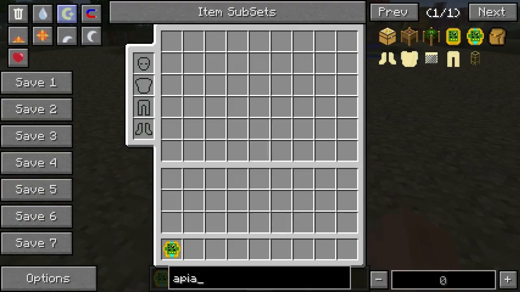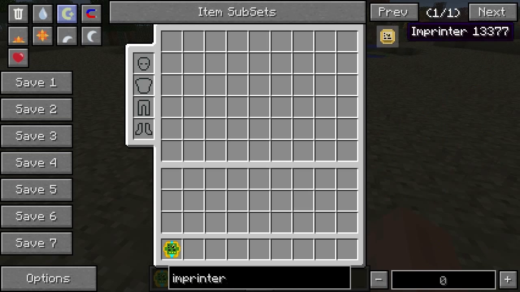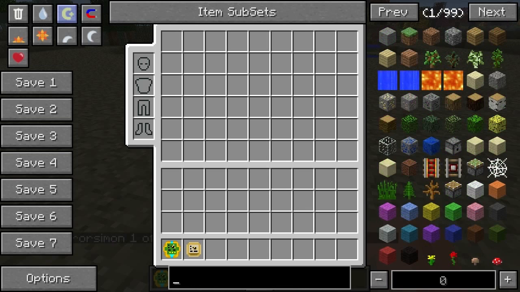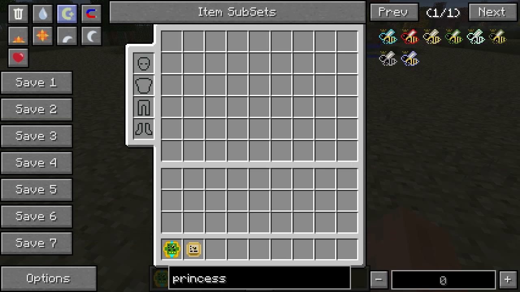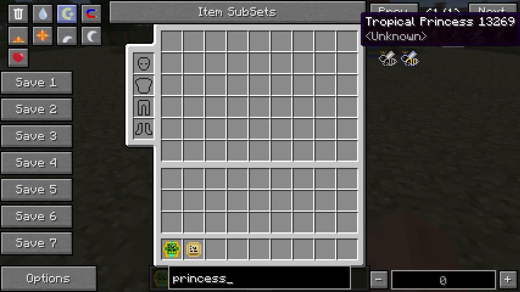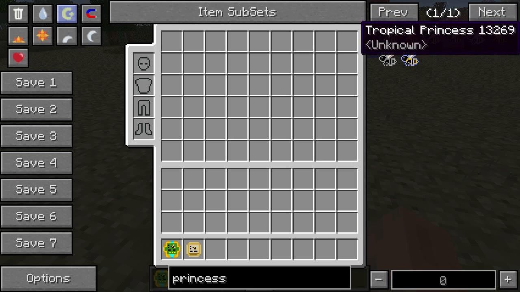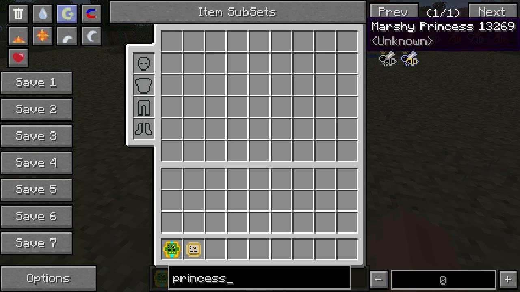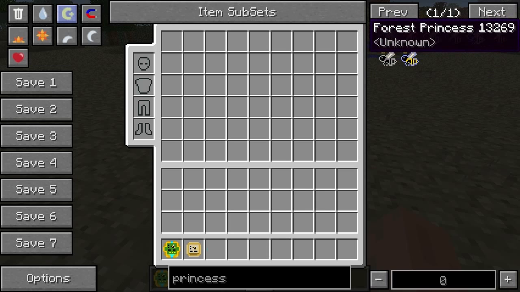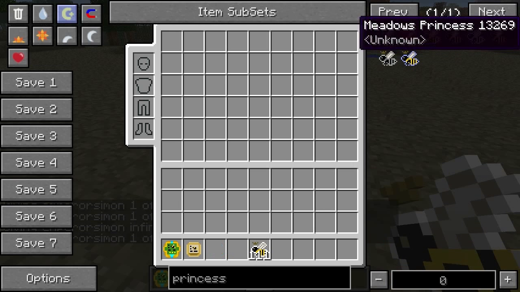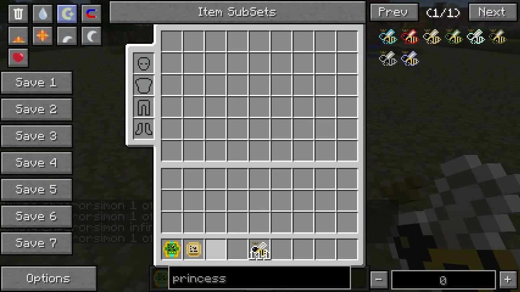So let's get the trusty imprinter out. Yeah, I believe these ones are actually, it looks like they're in NEI, that these are the Forestry ones. I know for a fact about forest, meadows, modest, marshy, tropical, I would imagine is pretty vanilla as well. Well, vanilla Forestry, you know, as far as princess and